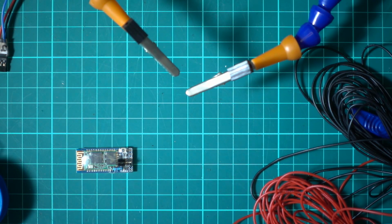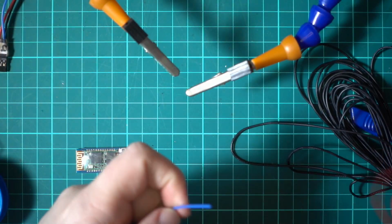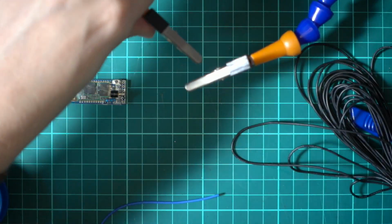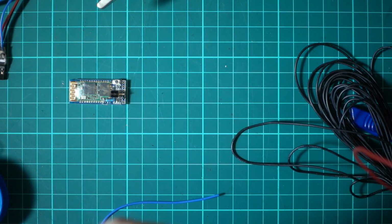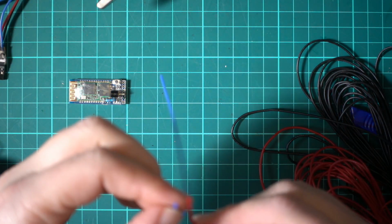which is 14 centimeters. Again, it doesn't need to be exact, it's just a bit of wire. Whatever reaches the socket on your Taranis or...